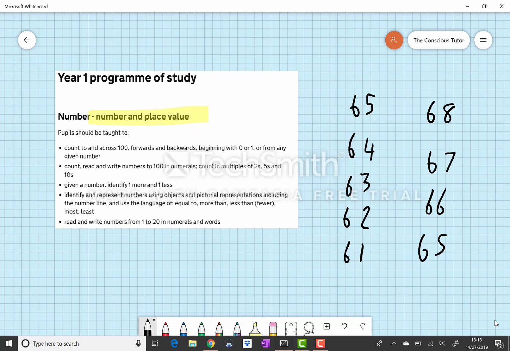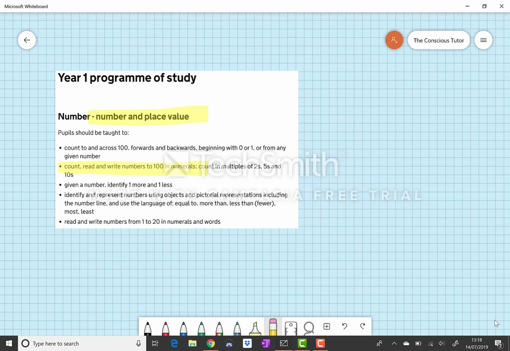The second objective is to read and write numbers to 100 in numerals. So when asked to write down the number 30 or 31, make sure that it looks like that as opposed to like this. Sometimes our teen numbers get confused, and often at this stage you find that children do sometimes switch numbers around. So when trying to write 31, they may write 13 instead. But it is a stage of development for some children, so it's nothing to worry about, but do correct it